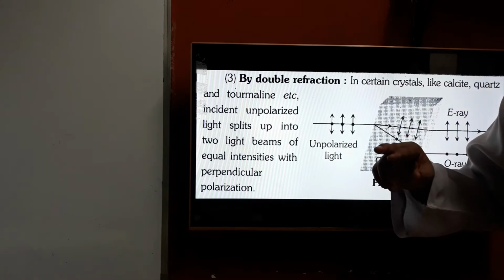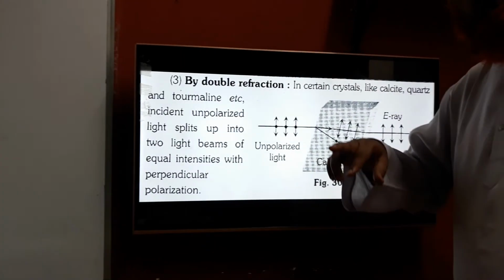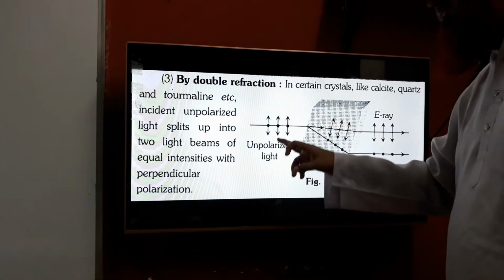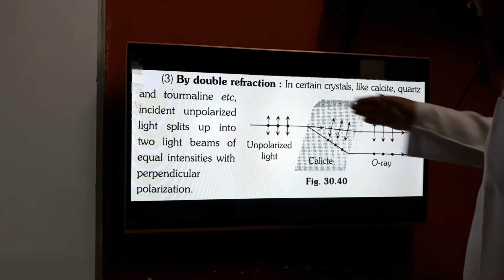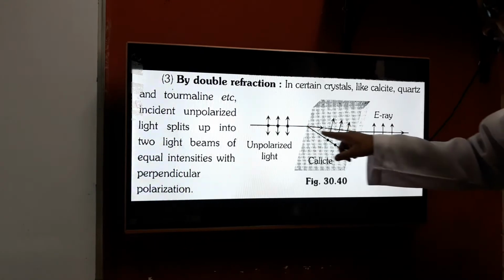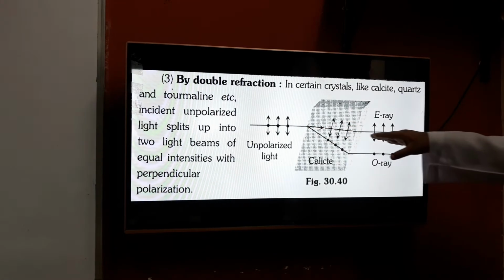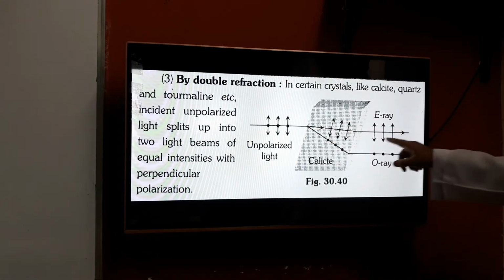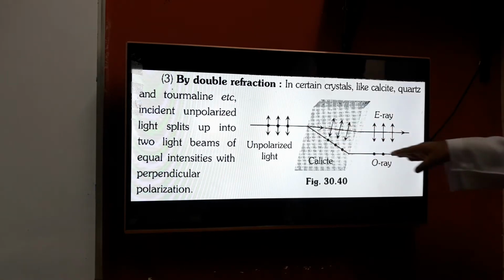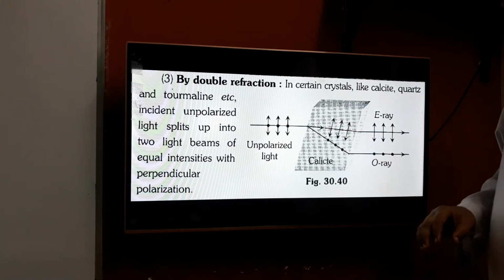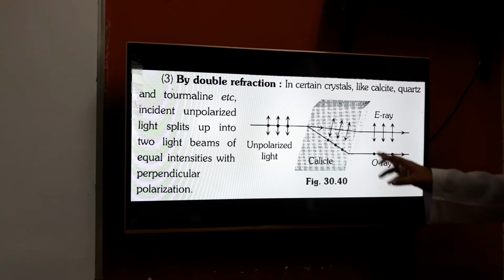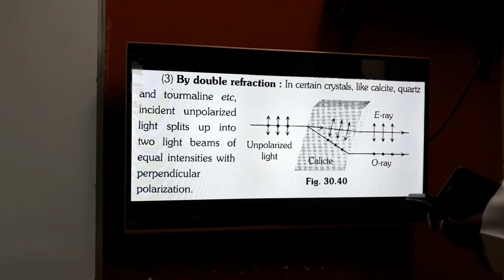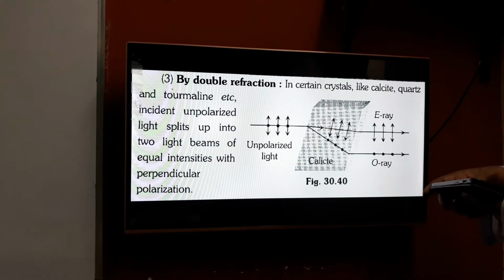See, the refractive index will be different for different waves, both electric and magnetic. So after refraction, both are going to bend like this. The one which goes a little bit straighter is called the extraordinary ray, and the one which is refracted more is called the ordinary ray. So this is extraordinary, and this is the ordinary ray. Then if you rotate the calcite crystal, what is going to happen? Let us see.